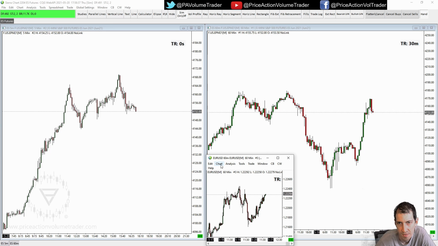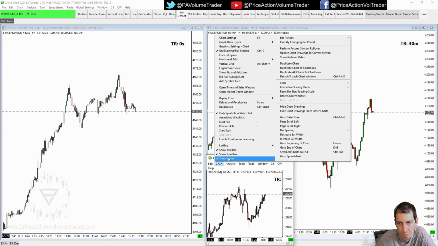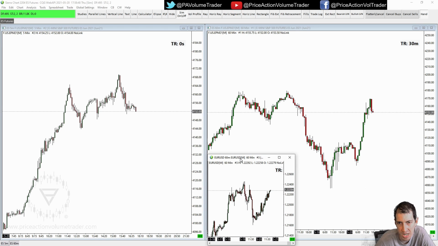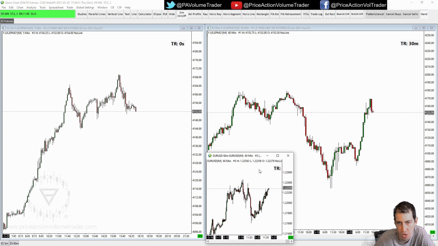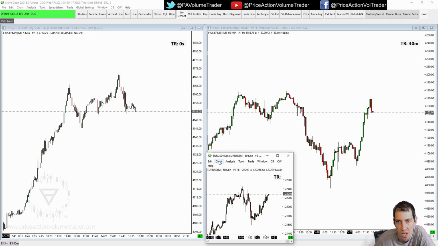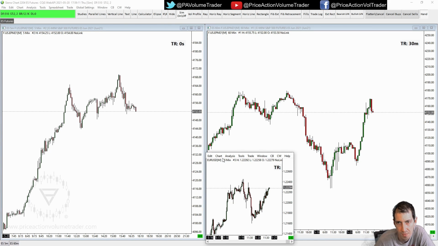In this chart, if you go to Chart and click Show Menu, you can see that the menu disappears. If this happens to you, let's say by accident you took away the menu and you're trying to recover it, right click over the title here on the chart, and you can see it says Show Menu. Click on it, and now you have your menu here again for this chart, for all your options. If you take off the title bar, you actually have a little more room to navigate. Only issue with that is